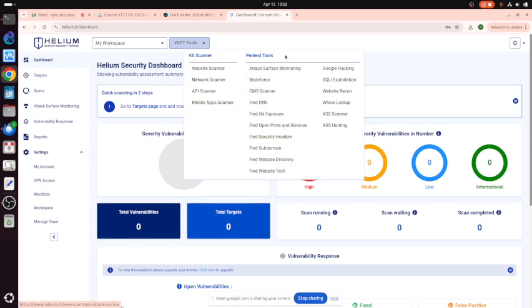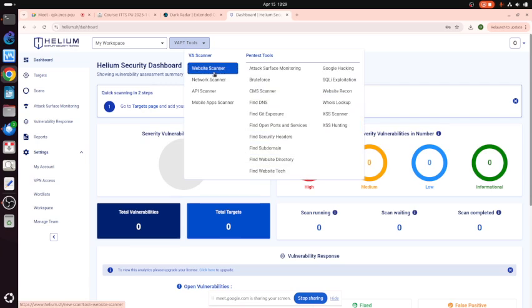It also has many pen test tools: attack surface monitoring, brute force, CMS scanner, finding DNS, Git exposure, open port, service, security header, subdomain, website directory, and many things here.